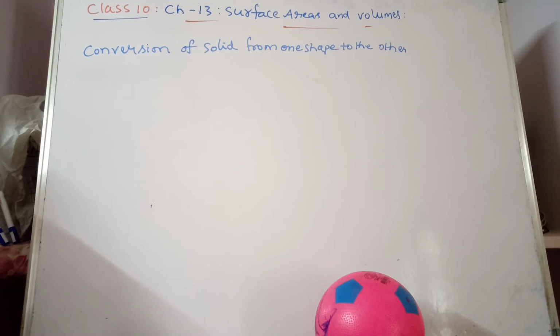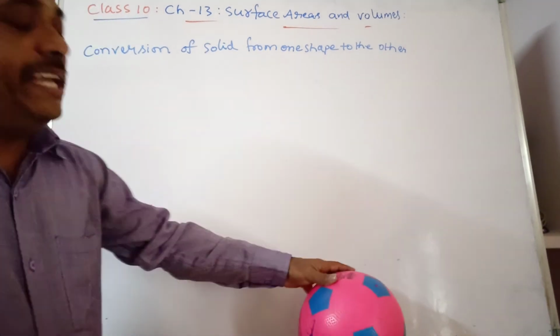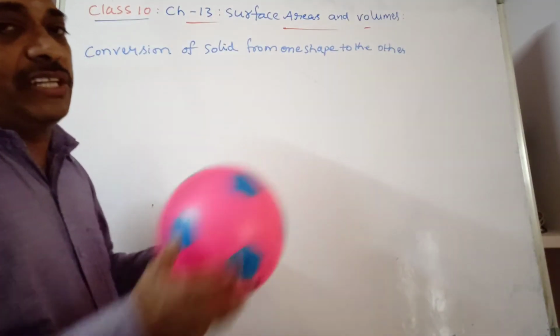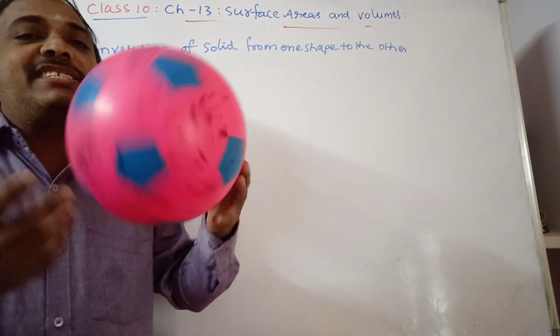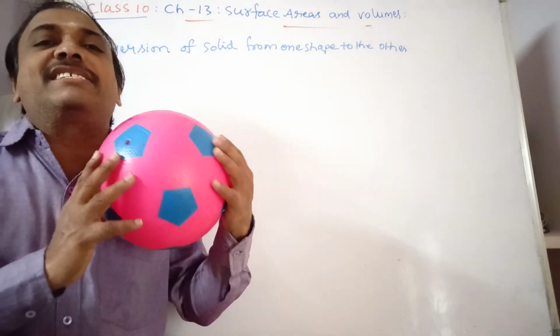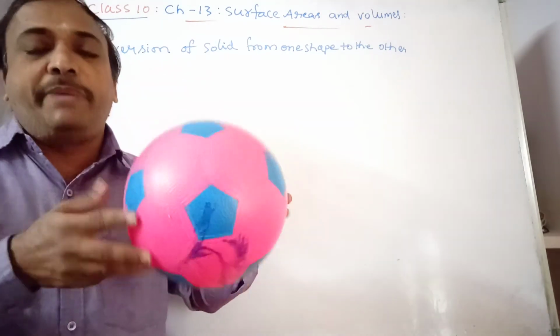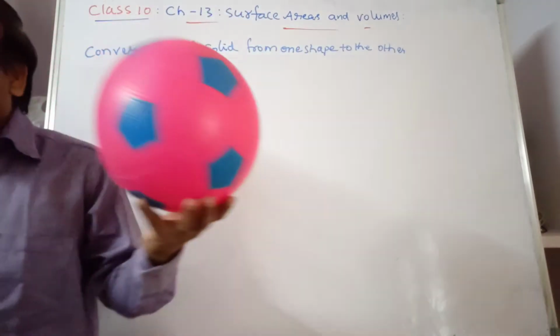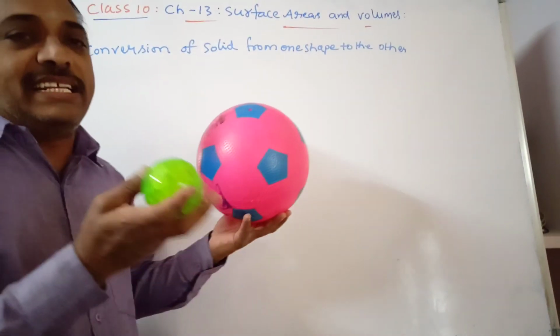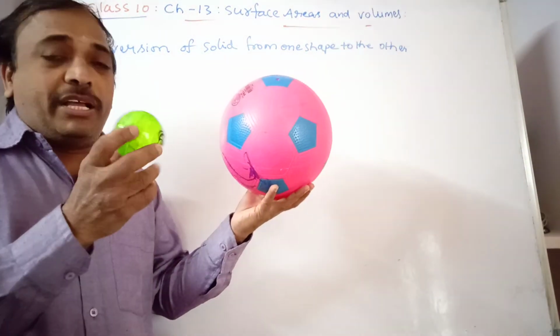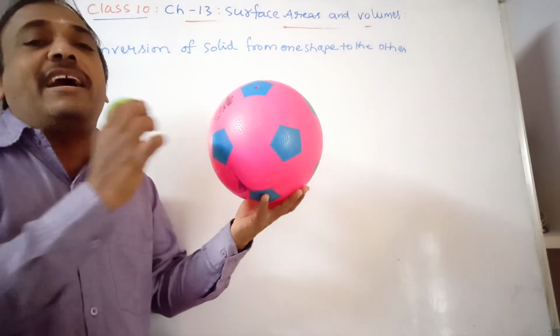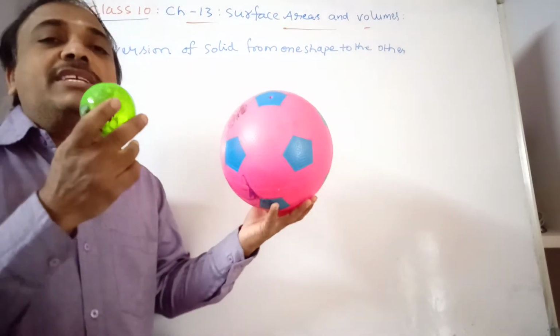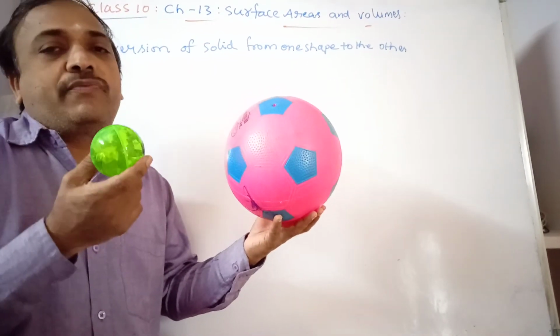And another way is we still have conversion of sphere. See here, this is a solid. It's a ball, but think this is a solid shape, a solid sphere, which we melt. This is melted and recast into small cylinders. This is melted and converted into small spheres. How many small spheres do we obtain?